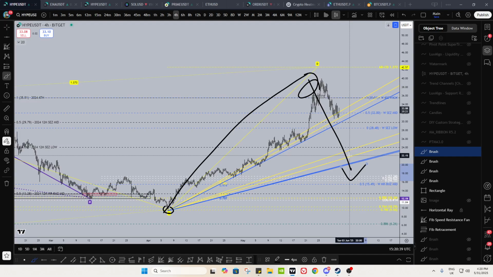Your shallow retracements are the ones where, if your trend is strong, it doesn't matter if it's an uptrend or a downtrend, your reaction should come in at the shallow zone. If your reaction from the shallow zone isn't strong enough, and then you start to get distribution or accumulation depending on which side of the market you're on, that's when you start to think, okay, we might push higher, we might go lower, right?